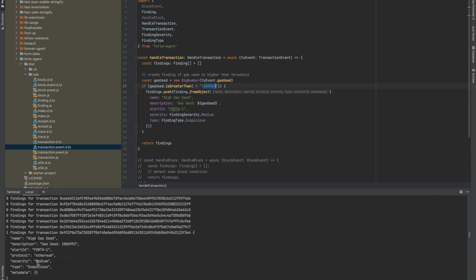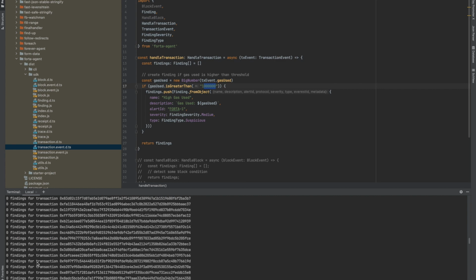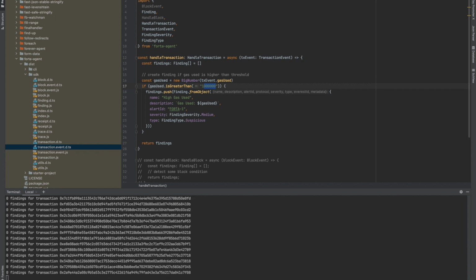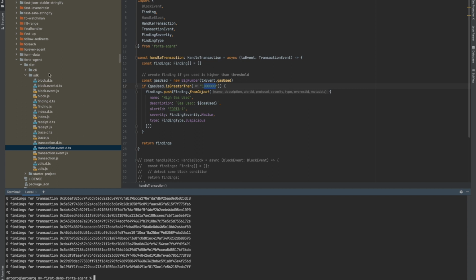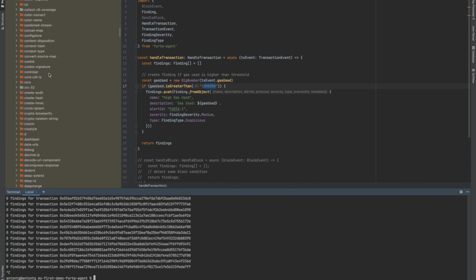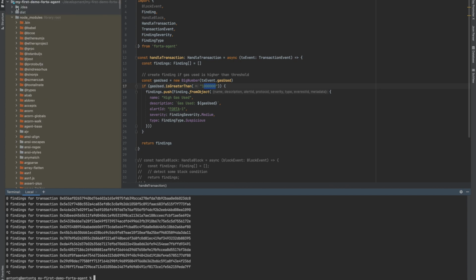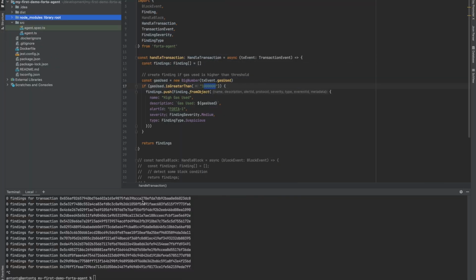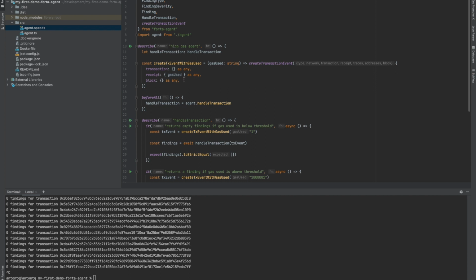So in this way, you are able to check the transaction on your local machine before deployment, right? What I also like in this project is that even if you don't want to run this against mainnet, you could also define a testnet endpoint in the gRPC URL, and also you could write specs